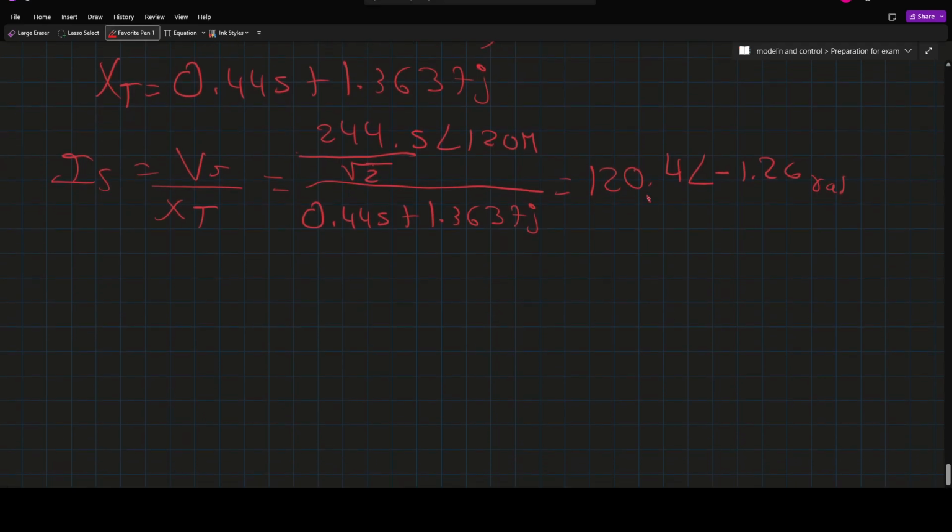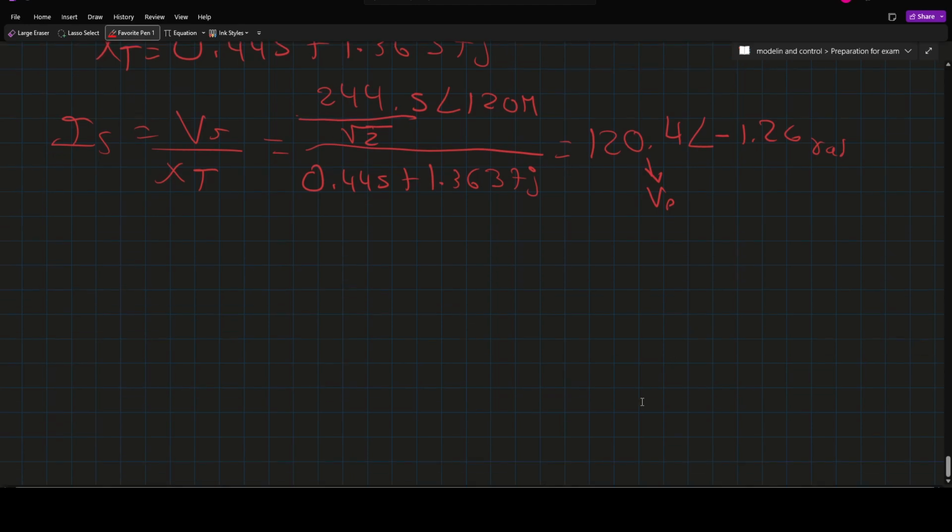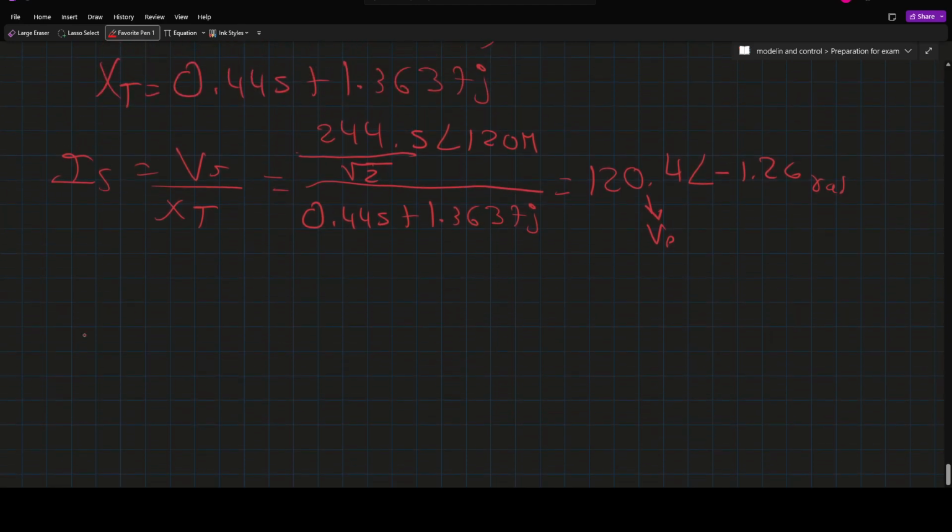So this is voltage peak. So now we have our magnitude and our angle, so we can figure out our current. It's gonna be IS equals to,